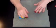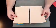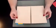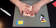So anyway, today I'm going to make a card for my friend, and what I did was I took a tannish, creamy color cardstock, and it's an 8.5 by 11. I cut it in half, and I'm going to score it. Oh, let me grab my score. Here we go. I'm going to score it in half,